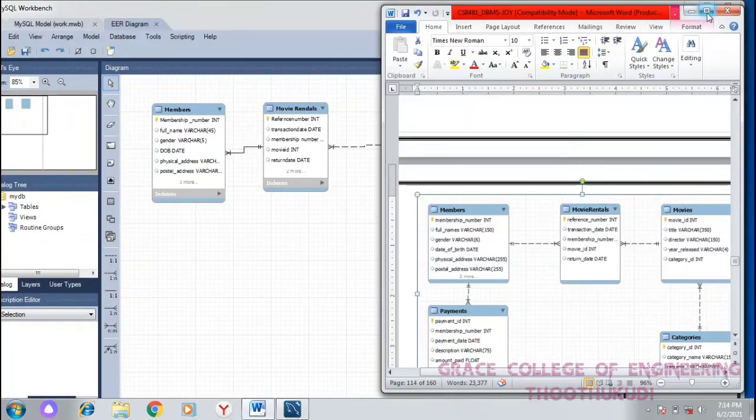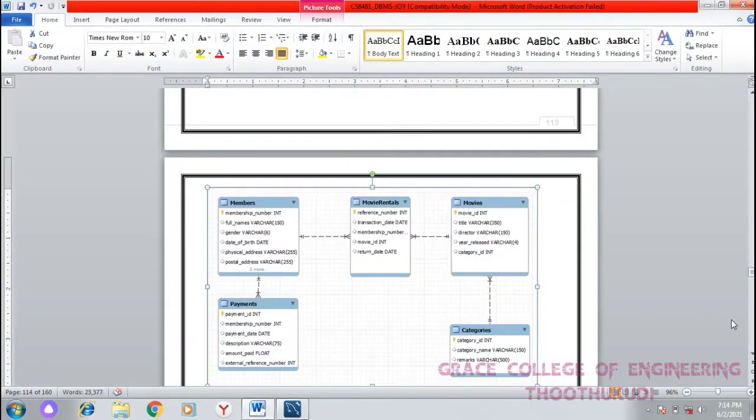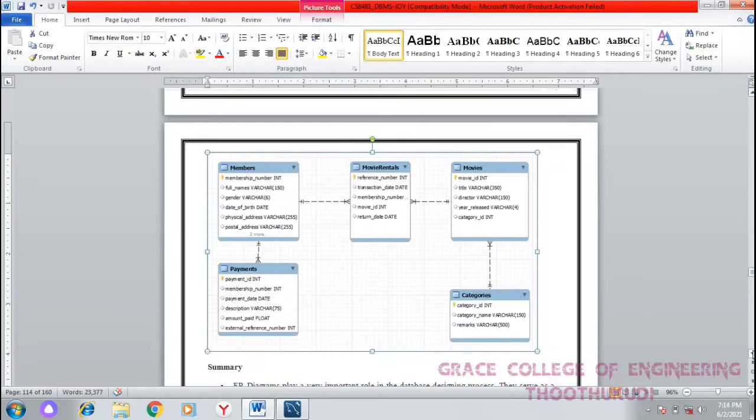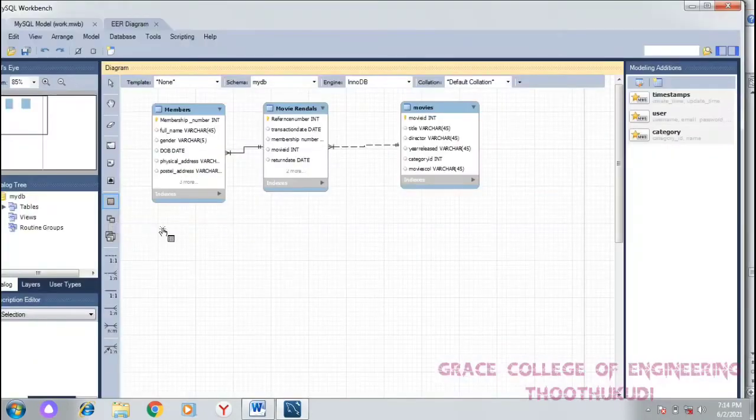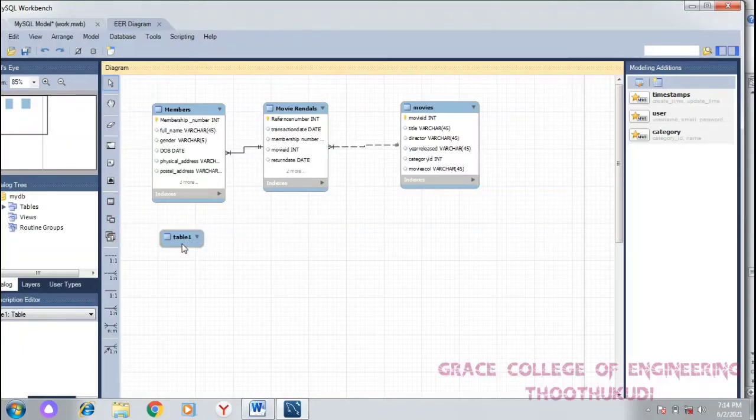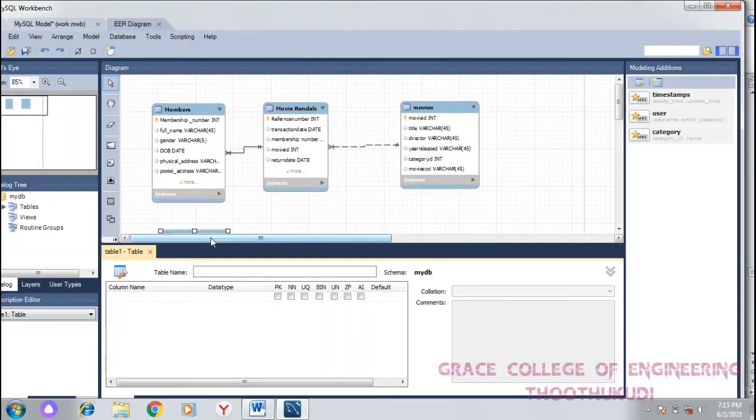In that, just select the table icon. After clicking the table icon, just drag it into the workbench. It shows a table named table 1.